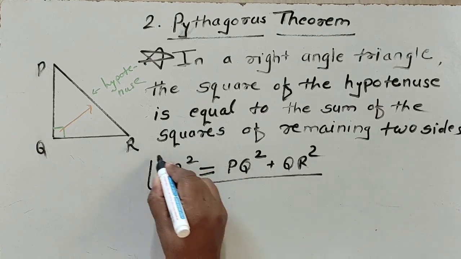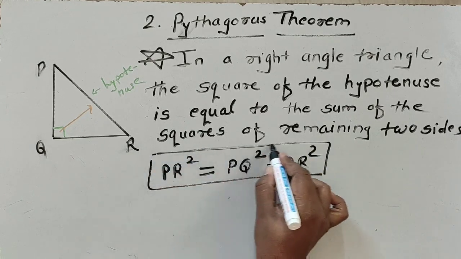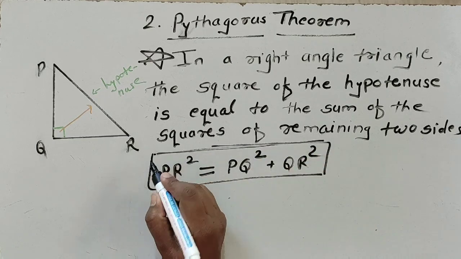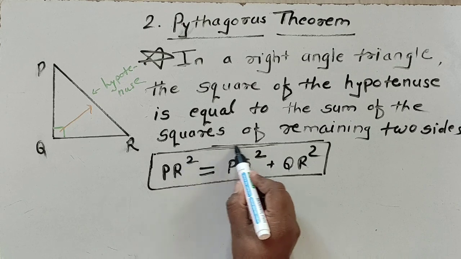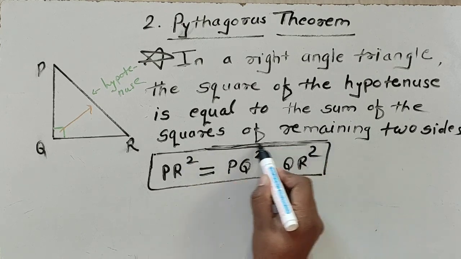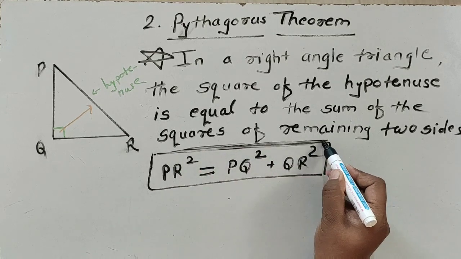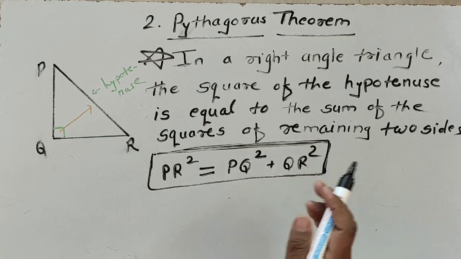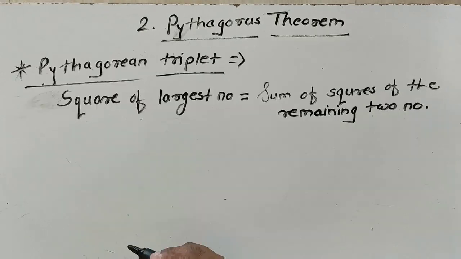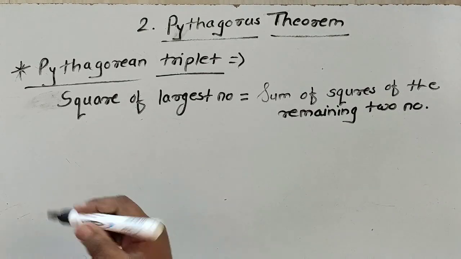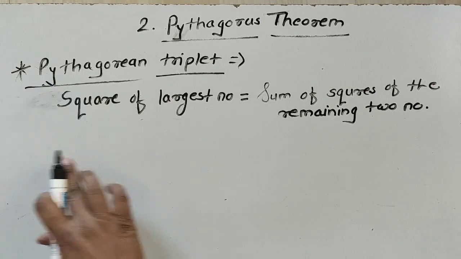We use it so many times, we solved so many examples based on this in the previous standard, but we will see in detail about this Pythagoras theorem. And we see the Pythagorean triplet, it is there in the scholarship also. You have studied, took some of the examples, learned some of the Pythagorean triplets also. Now we will see the Pythagorean triplet.